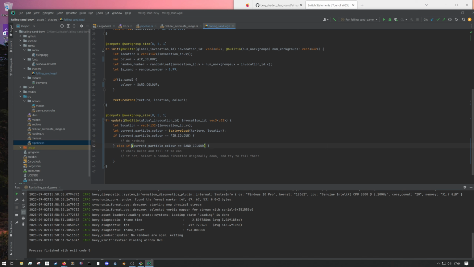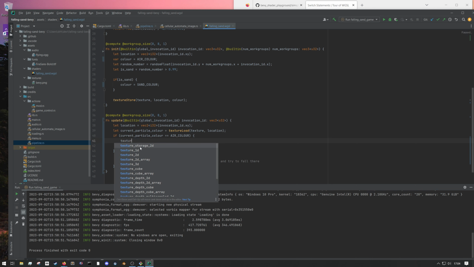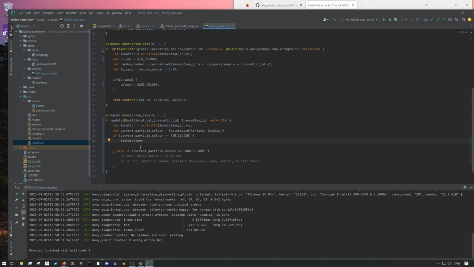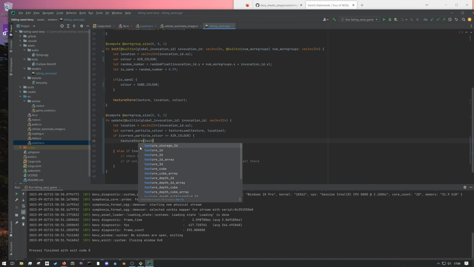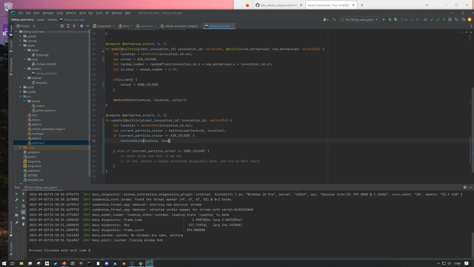I do not know what the style should be there. Let's just make that like that. So let's just modify these values with a texture store. I know it says do nothing, but let's texture store texture location,